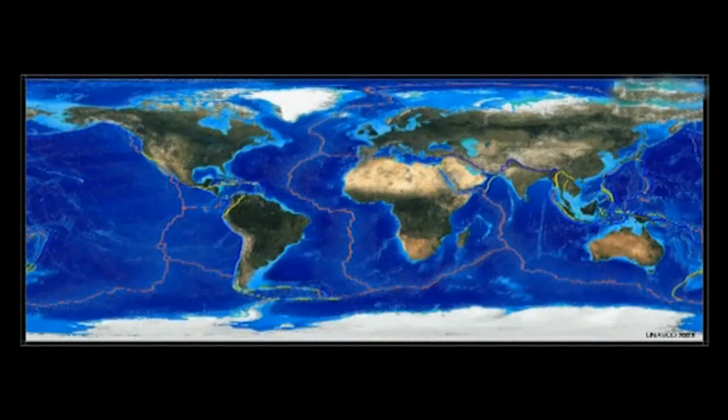Lithosphere is broken up into 7 to 8 major tectonic plates and several minor plates. These plates are viscoelastic solid rock bodies. A tectonic plate is a massive irregularly shaped slab of solid rock. The plate size can vary greatly from a few hundred to thousands of kilometers across.